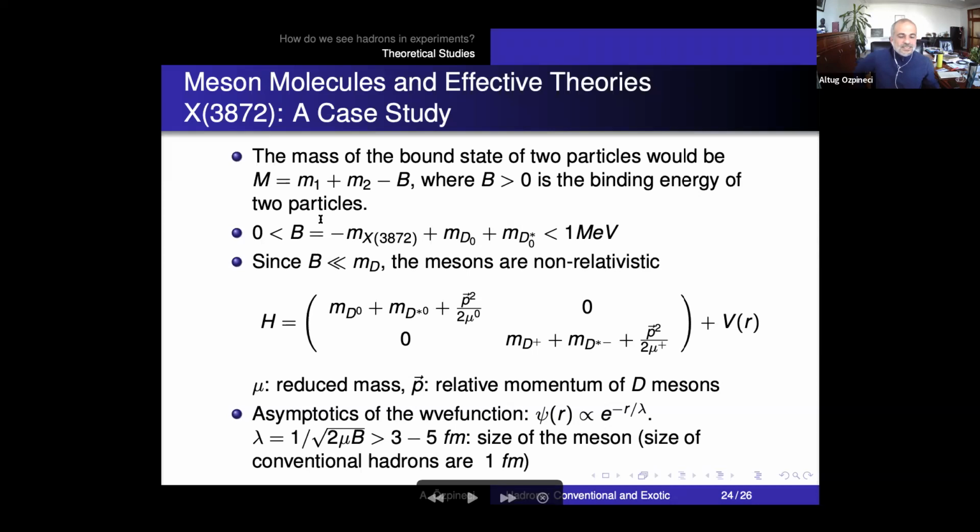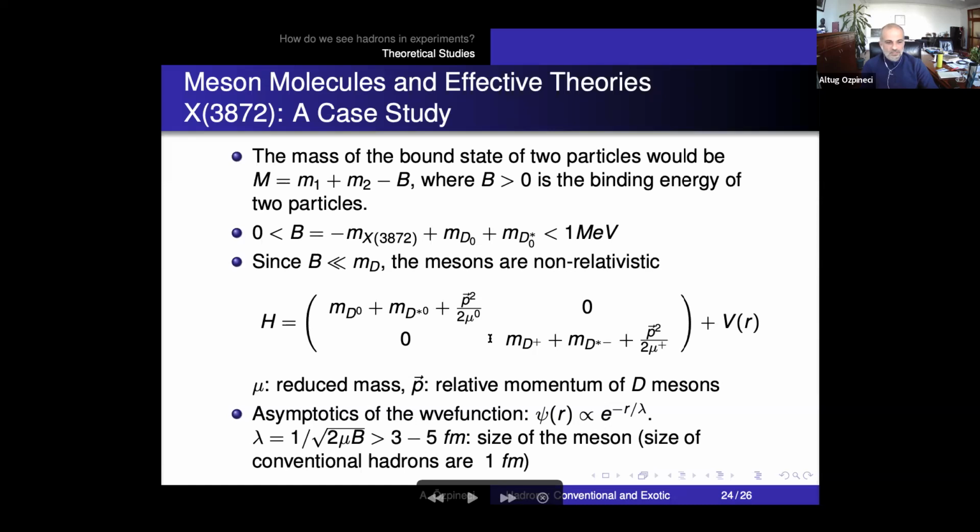So you have these two D and D star mesons. They are somewhat in a bound state. So the simplest thing is to write a Schrödinger equation. You have the energy, the Hamiltonian of a D0 and D star 0, which will be the sum of the masses plus the kinetic energy of this two-body system. Of course, the X need not contain only D0 and D star 0. It can also have its charged analog. So you can also write that charged analog, where you have a D plus and a D star minus meson, and then you have the kinetic energy of these